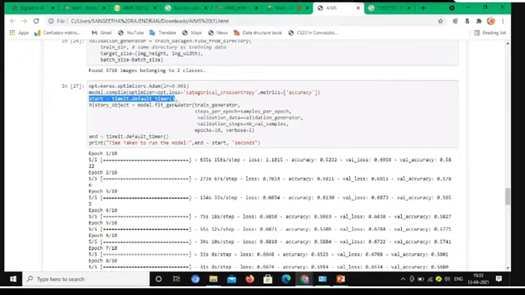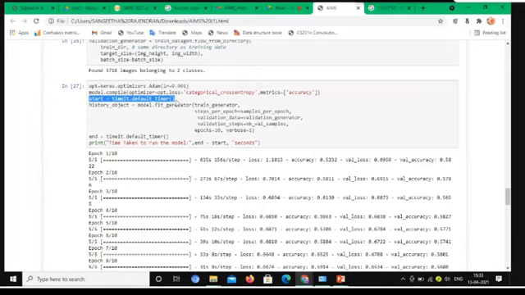This is a validation generator, taken from a training directory. The target sizes, image height and image width, and batch size were already given previously, so it is predefined.